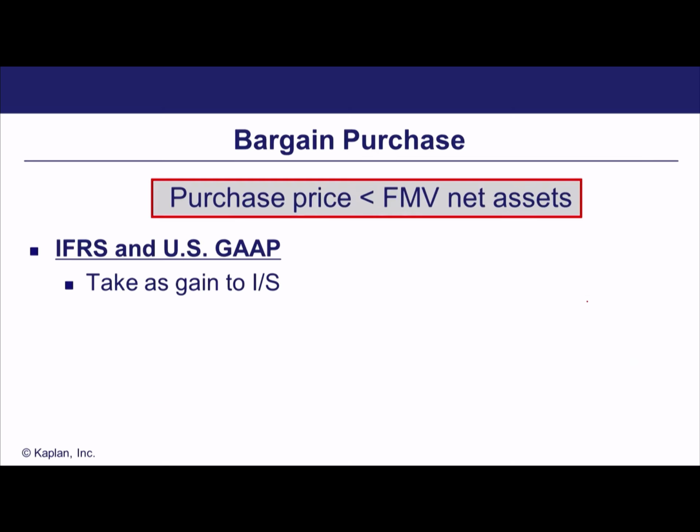So first of all, US GAAP and IFRS say, hey, look, if you think you've got negative goodwill, go back to the fair market value adjustments that you made to net assets at the date of acquisition and ask yourself, did you get those right? Okay. Now, if you decide that, yeah, the fair market value of net assets was absolutely perfect, then you would conclude, I really do have negative goodwill. Now, the issue is here, we can't show a negative intangible asset. So both US GAAP and IFRS have the same approach here. If you've got negative goodwill, immediately we take it as a gain into our income statement. So it's going to affect earnings in the period of acquisition.